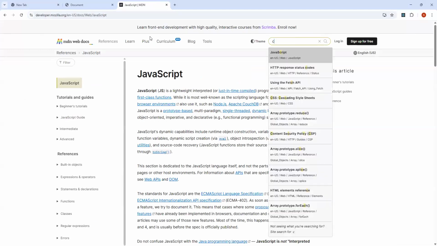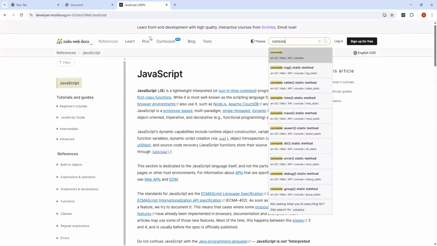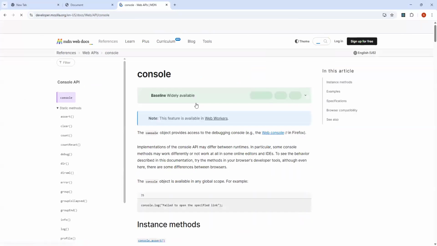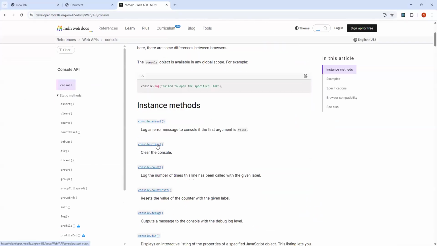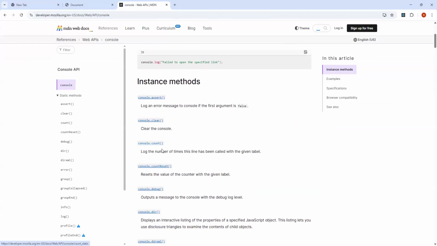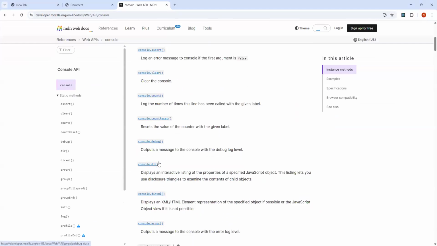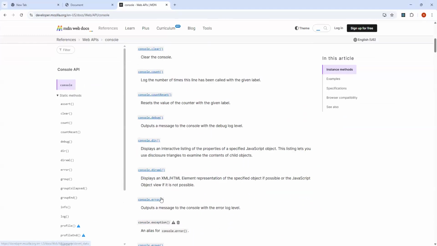Can you see console.log, console.table, time, trace, assert, directory, error, debug, group? There are a lot of things provided by JavaScript, like assert, clear, count, debug, directory, error.